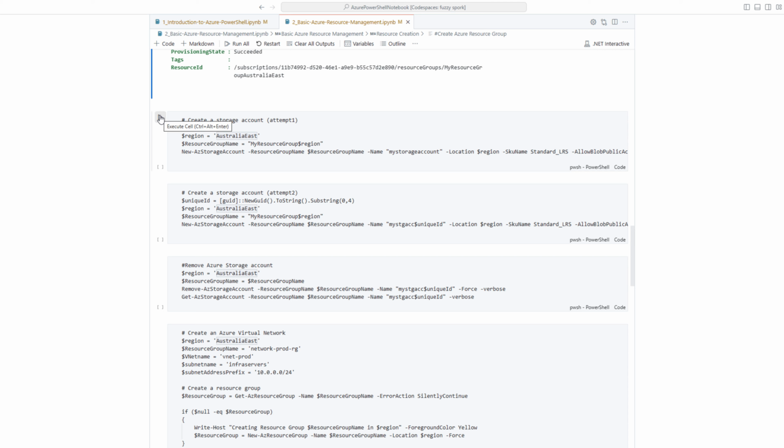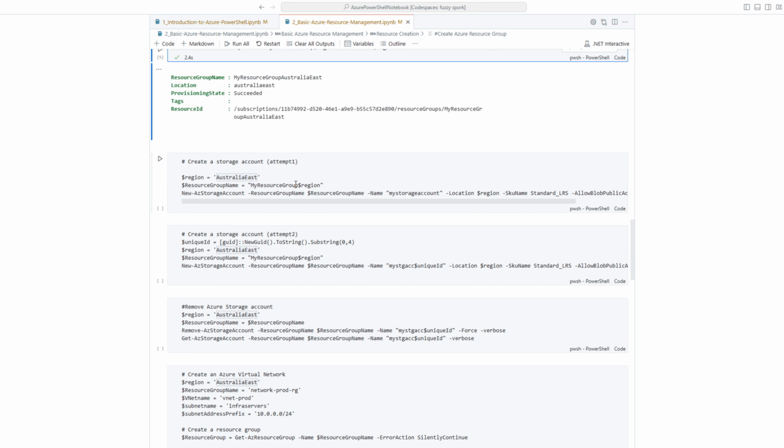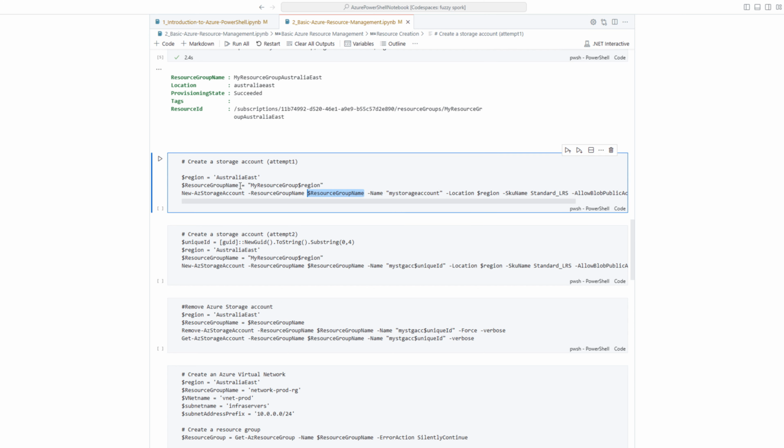So let's create a storage account here. The region is Australia East again. Our resource group name is going to be the name of the resource group, so My Resource Group Australia East. We're going to go new-az storage account. We're going to have it in the resource group that we've just created. Its name is going to be My Storage Account. The location is going to be the region, so Australia East again. It's going to be standard LRS, so it's only going to be within one of the 3 availability zones in Australia. And we're going to set allow public access to false, mainly because that's a standard that Microsoft is introducing